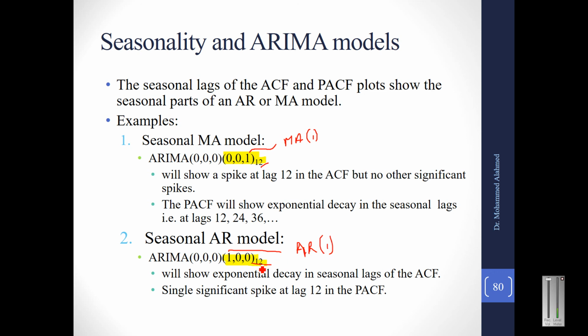So let's say we are dealing with quarterly data. A quarter has three months, so 3, 3, 3, 3. If you see the quarterly data, this will become 0, 0, 1, 3 and 0, 0, 1, 3. So this is how seasonal AR models come into the picture.